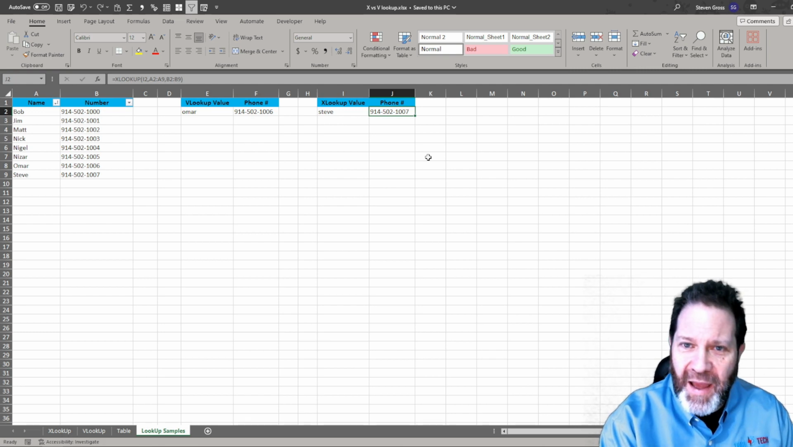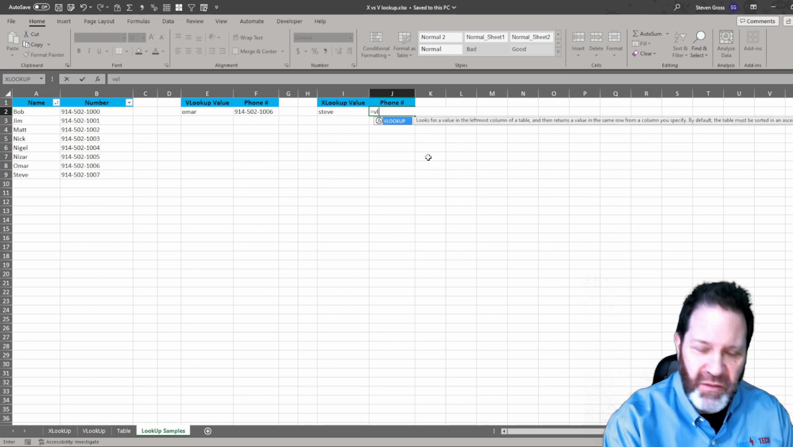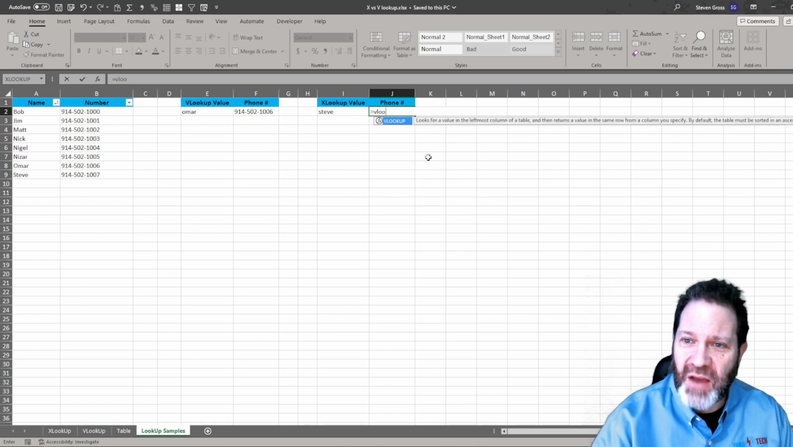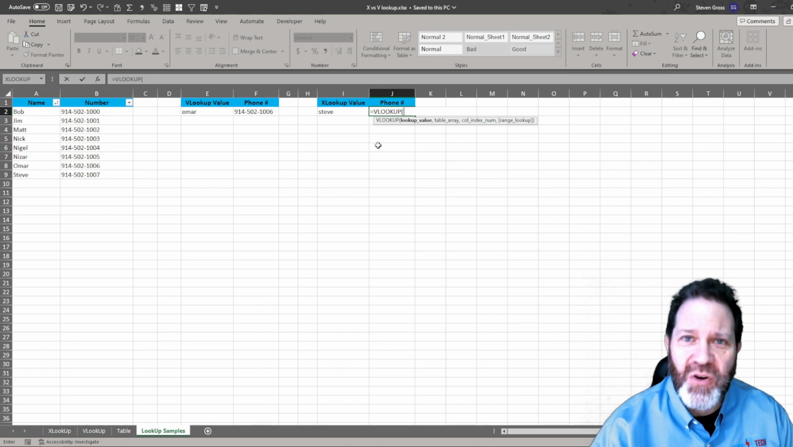So as with all functions in Excel, you start with the equal sign, and you can start typing in the name of the command, and as you see, it does pop up here. I'll hit the tab key. Now here it shows you the lookup value array. It tells you how to build VLOOKUP. There is a much easier way, and I like to call it the wizard, or this FX function, insert function